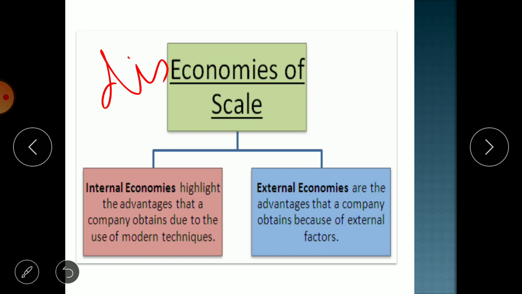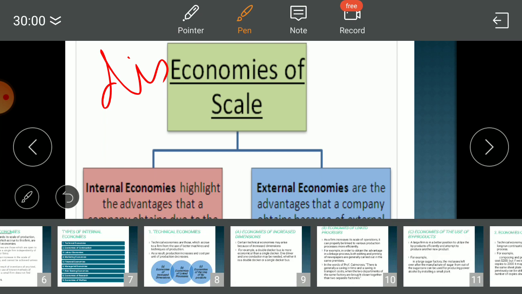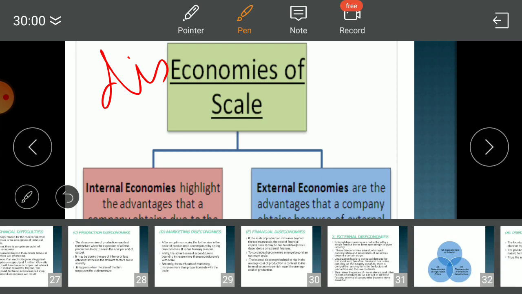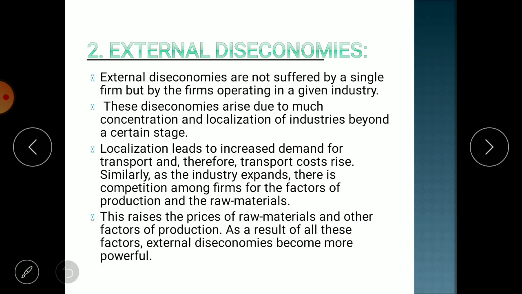In the last lecture also I gave you the meaning: if your cost of production increases because of a reason situated within the organization, then it is known as internal diseconomies of scale. But if your cost of production increases because of a reason situated outside the organization, then it is known as